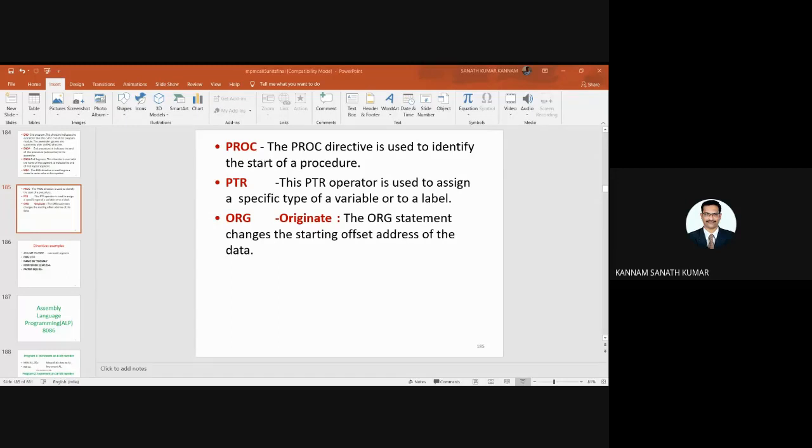NAME DB 'THOMAS': Thomas is a string, defined as bytes, so each part of the string is defined as a byte. POINTER is assigned to the name. And POINTER is defined as DD 1234 1234H.